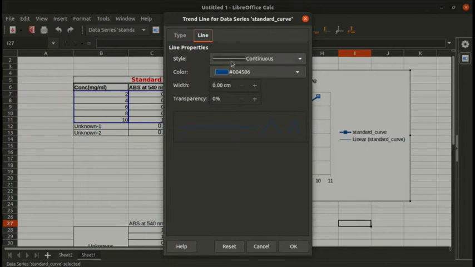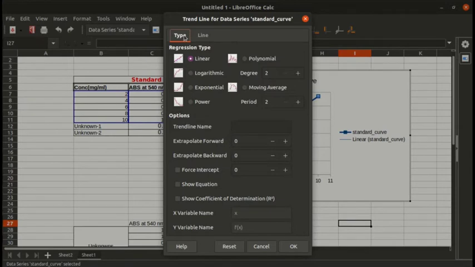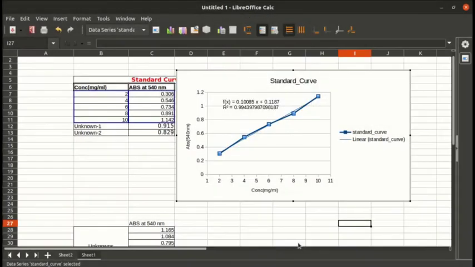Then you might want to select continuous here. Then under the regression type, you select linear. Then check this option of show equation. Check this option of show coefficient of determination r square.